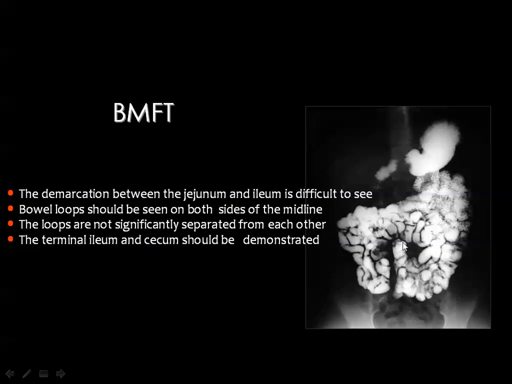The small bowel is examined by what's known as the barium meal follow-through. To do this examination, we give the child barium fluid until we can fill the stomach somewhat, and we start imaging the stomach in different positions to show if there is any gastric abnormality. After we finish with the stomach, we give the patient another dose of barium fluid, and then we start